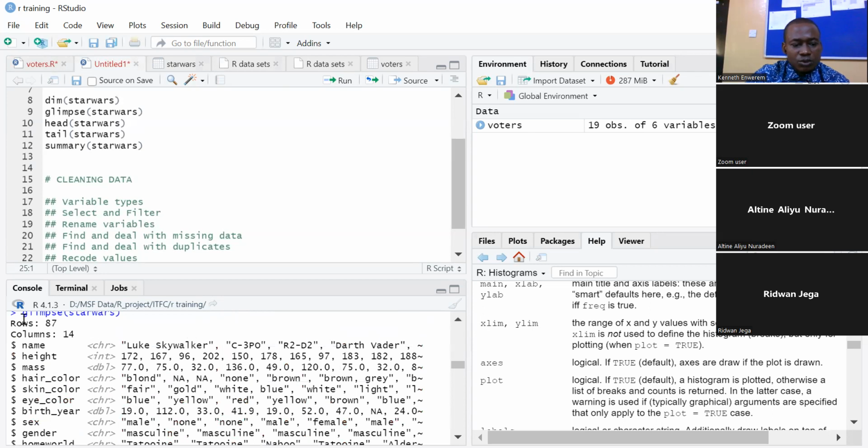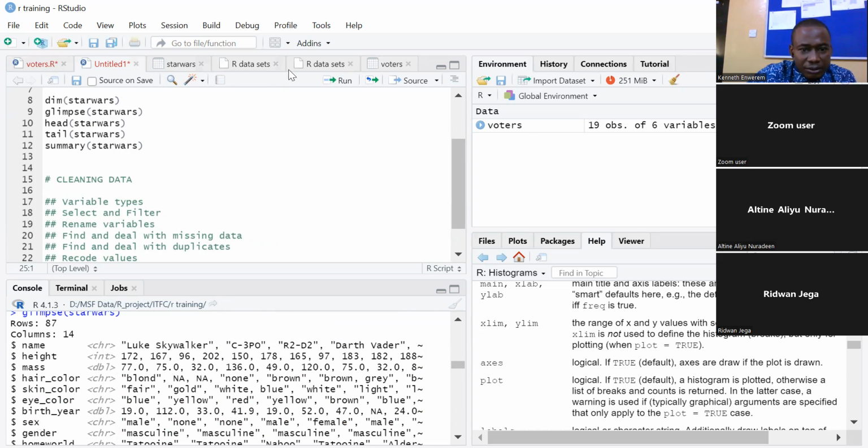Okay, so this was the glimpse command we gave, and the glimpse command has given us a summary of the data set, and it has told us what class each of these variables are. Sometimes certain variables might not have been well characterized by R, and you want to modify that variable. For example, if we look at,